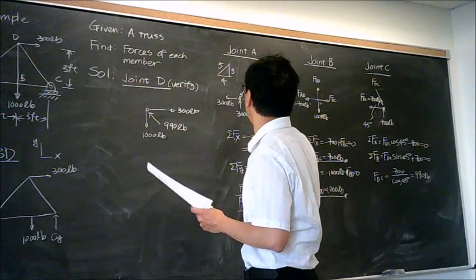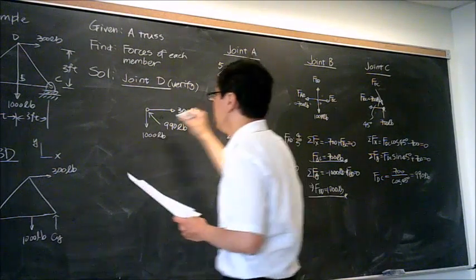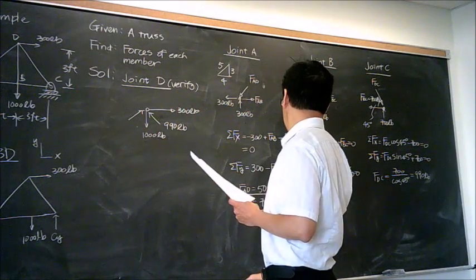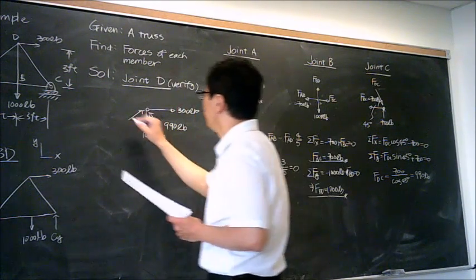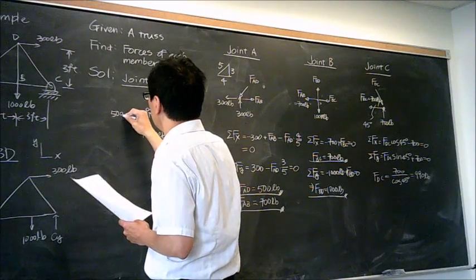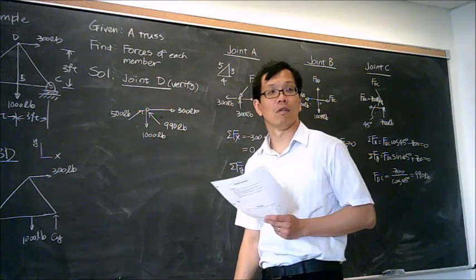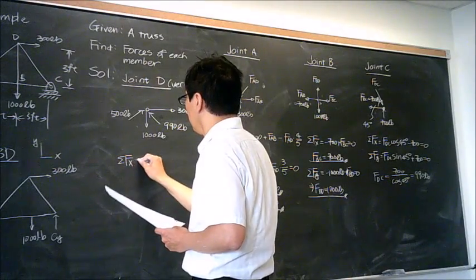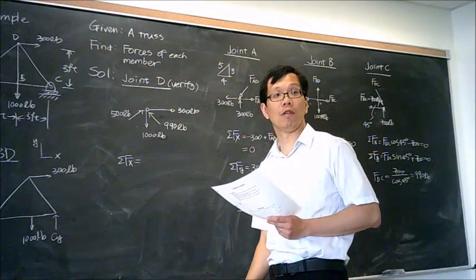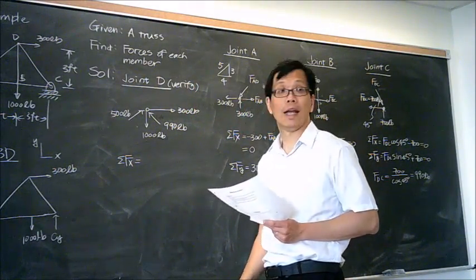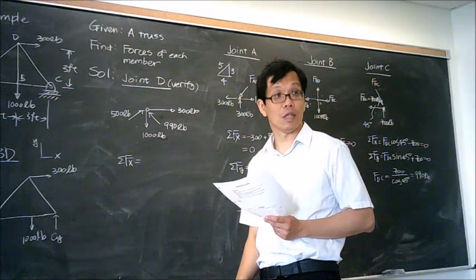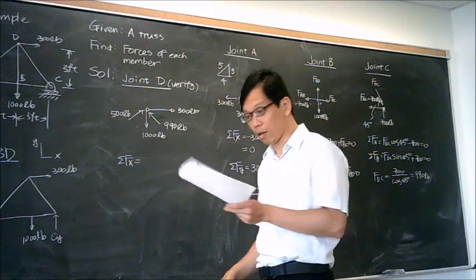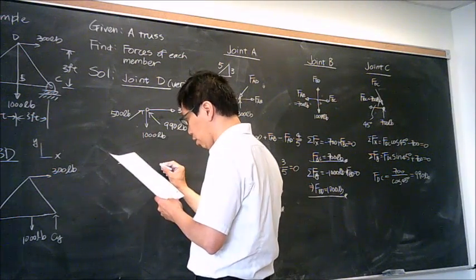I should have FAB over here from joint A. FAB equals 500 pounds. So the next thing you're going to do is put everything together and ensure everything equals 0. If they're not 0, you're making some calculation wrong. So over here you're going to have